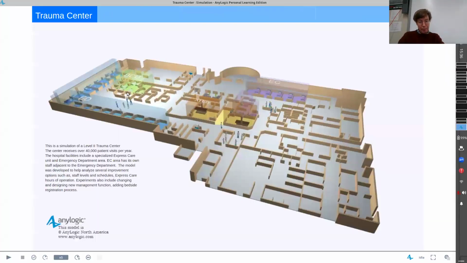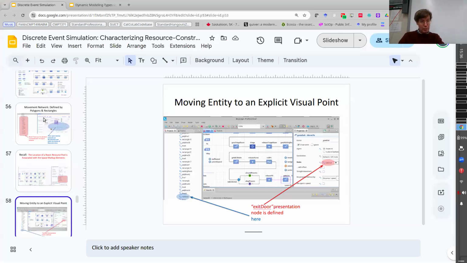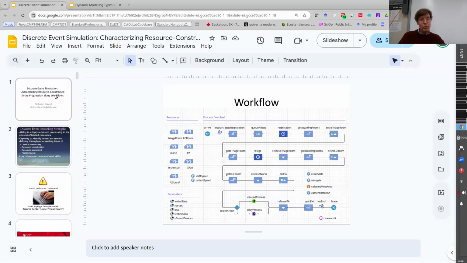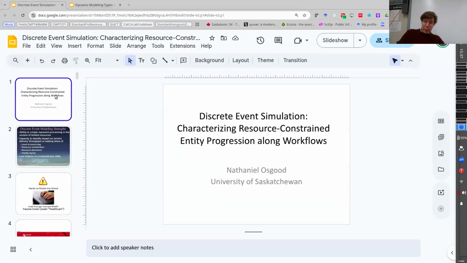And to sort of recap, discrete event simulation is about resource-constrained movement along structured, statically defined workflows. Those are statically defined, but the routing along them can be based on patient characteristics, aspects of patient history, and this type of modeling provides an exquisitely expressive way of talking about these sort of movements along these workflows